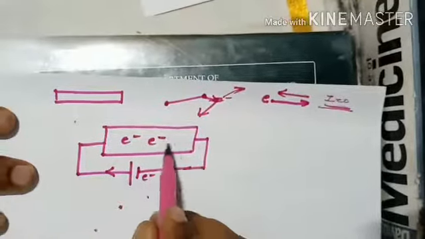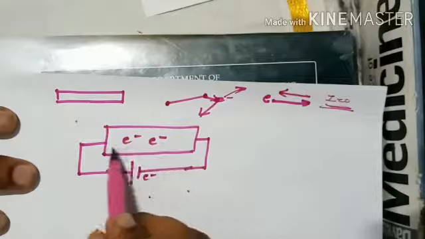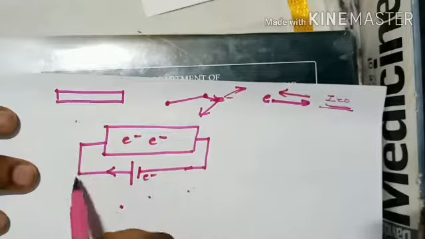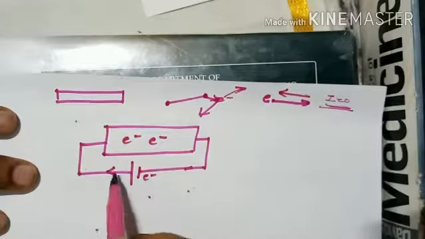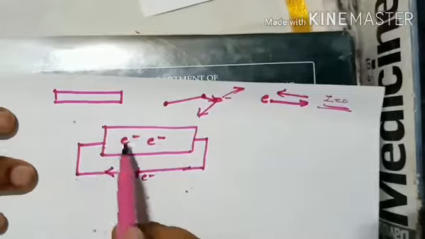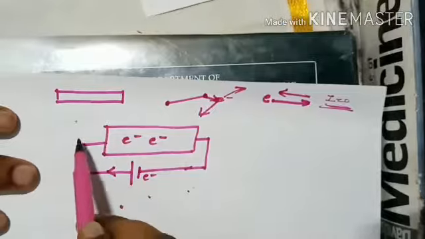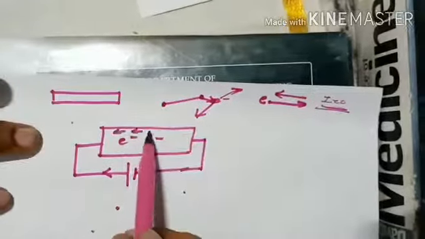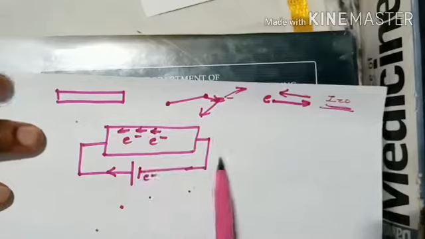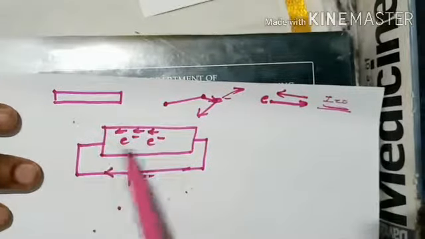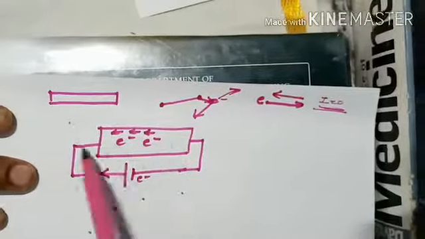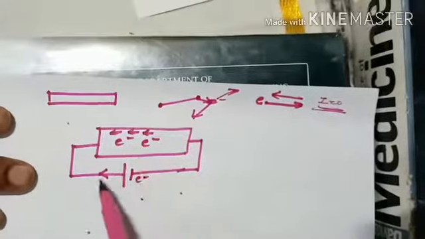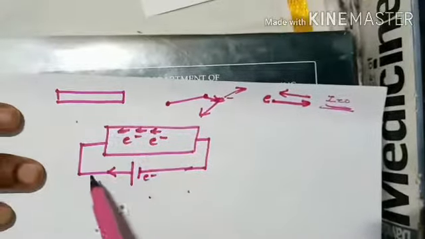So when they push, all the electrons will now be moving towards the positive of the battery, right? When they are moving in this direction, they are getting an alignment. When they are getting an alignment, all the electrons will be in this direction only. So when electrons are flowing in one direction, you will generate a current. I hope it is clear.